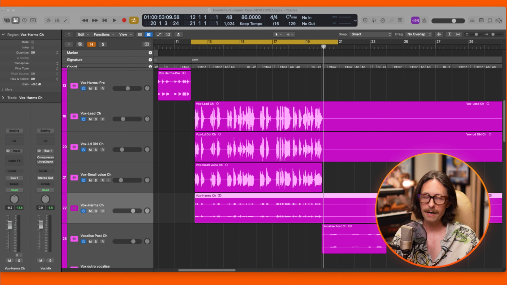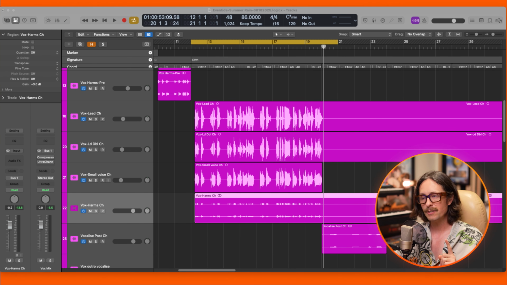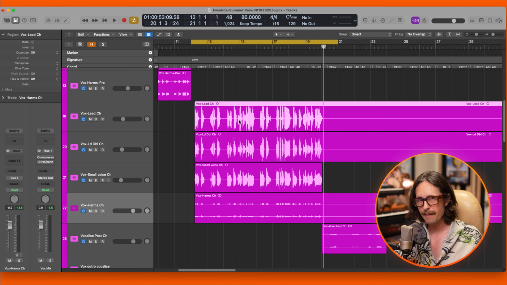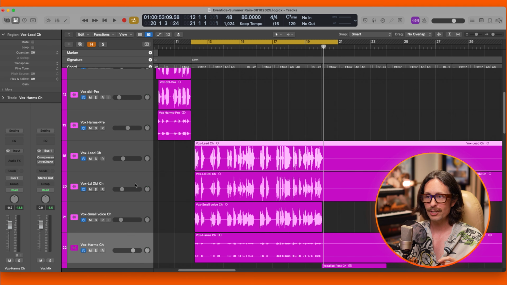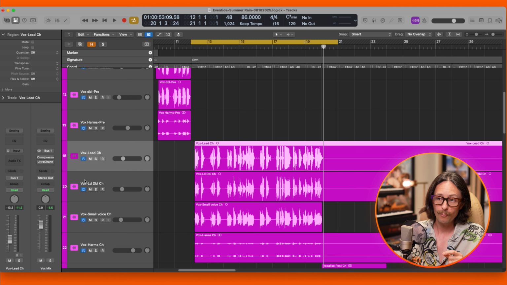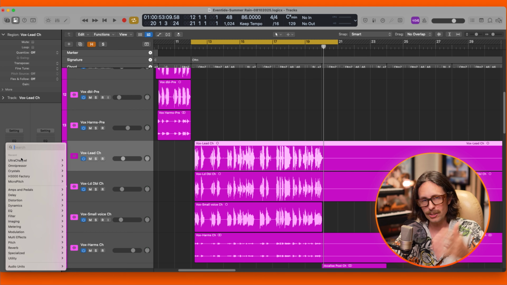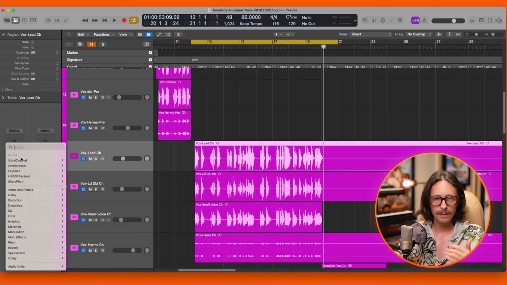Great, so that's our very first gain stage, is just balancing the vocals against the instrumental track. Now that doesn't mean that this won't change throughout our mixing process, but it's very, very important that you understand that is the very first gain stage, is your region, what you recorded, what you printed to tape, to DAW, to hard drive, whatever it is, right? And the next gain stage is going to be that fader, that large fader. Now, of course, if we put an insert plugin on here, that's our next gain stage